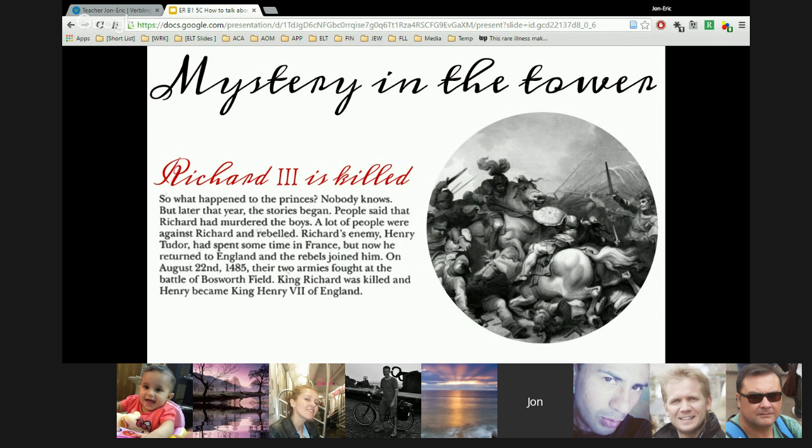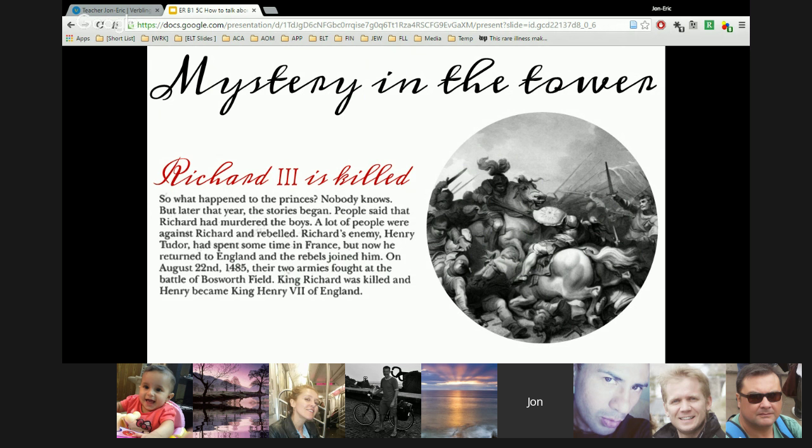Richard III is killed, so what happened to the princes? Nobody knows, but later that year the stories began. People said that Richard had murdered the boys. A lot of people were against Richard and rebelled. Richard's enemy, Henry Tudor, had spent some time in France, but now he returned to England and his rebels joined him. On August